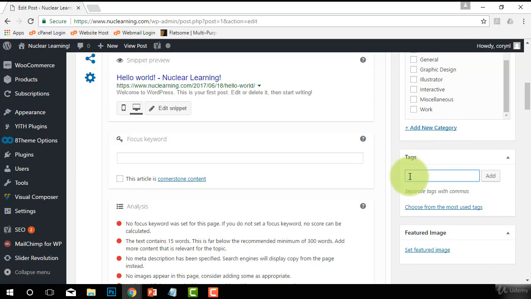This is tags. Tags are words very specific to your article. So if you're doing an article on the best toys or something, you would have tags related to toys, 2017 top toys or something like that, and you would separate those with commas. And what it does is it helps organize your blogs into different